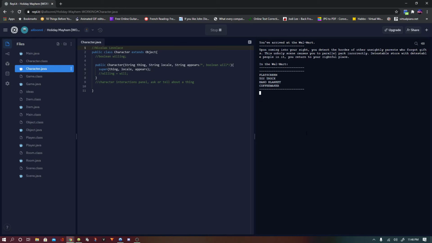Okay, you've arrived at the Walmart. Upon coming into your sight, you detect the hordes of other unsightly parents who forgot gifts. This unholy scene causes you to parallel park incorrectly. Detestable store with detestable people in it. You return to your rightful place. In the Walmart: flat screen, toy truck, band blanket, coffee maker. So you can look at